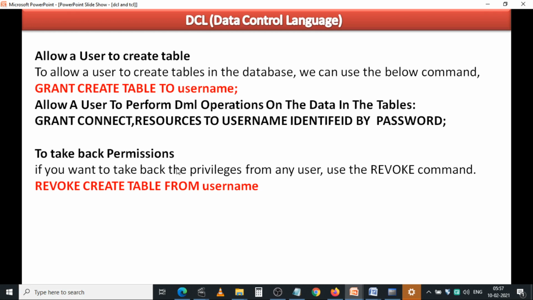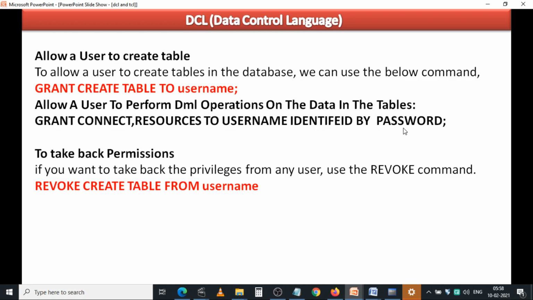Okay, so allow a user to perform DML operations on the data in the tables. For that, the DBA has to grant connect, resources to username identified by password.